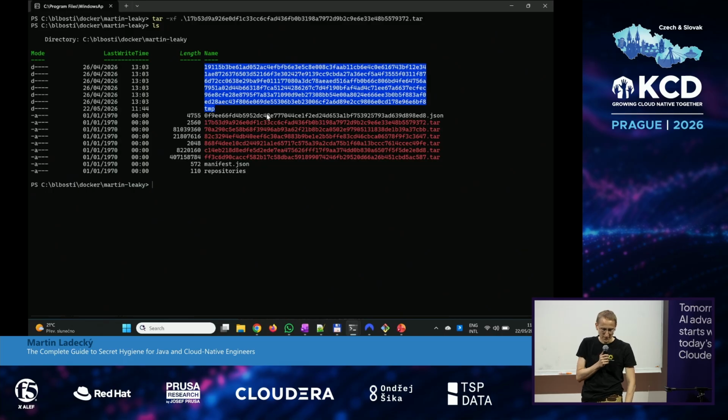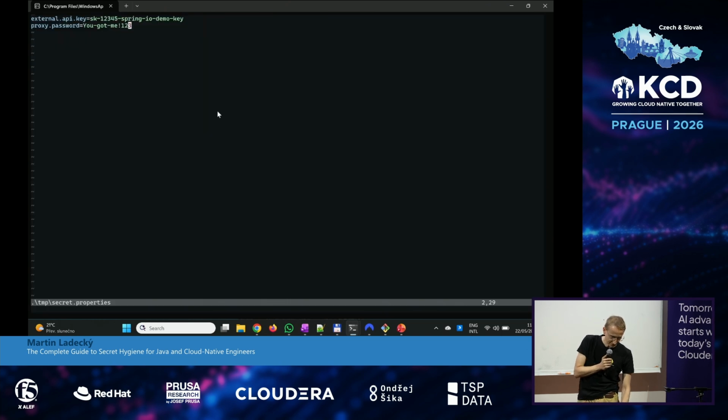Okay, every layer is one tar file. Okay, and I found the one where you have our temporary secret. Okay, so if I go there, yeah, and if you can see, okay, doesn't get any bigger, but I think you can see the password. I can find anything. So, for example, if you copied your SSH key, maybe I can get your SSH key.